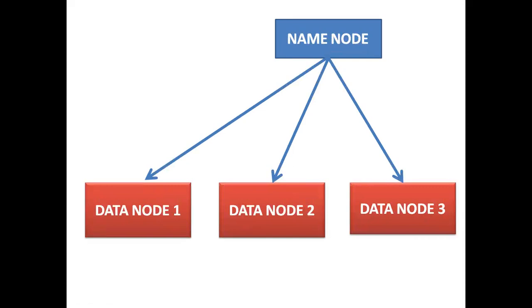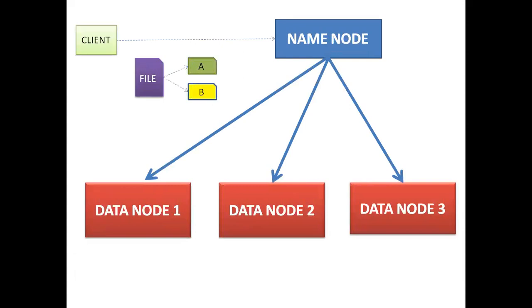data nodes. Let's say we have two blocks, A and B. That is, a client is requesting a write operation of a file, and here I assume that file is divided into two blocks A and B, and considering a replication factor of 3, each block is copied thrice. Three copies of the same block are stored in three different data nodes. I assumed that replication 1 is stored in data node 1, then replication 2 in data node 2, then replication 3 in data node 3.